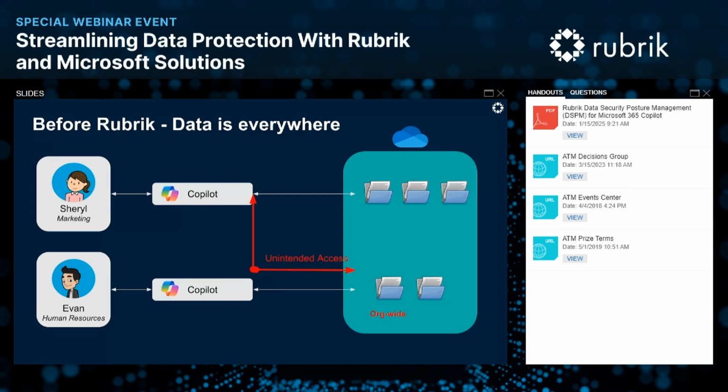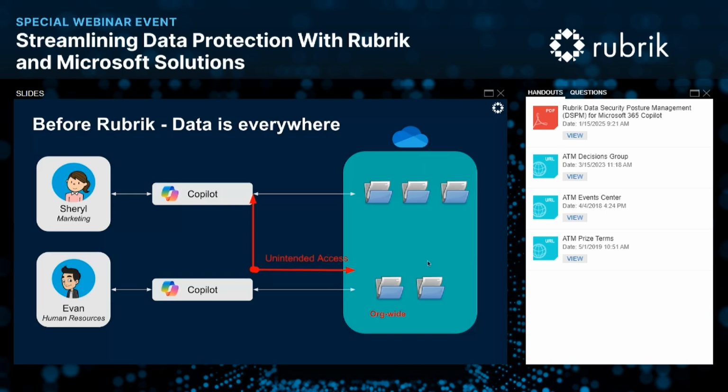Now, the problem that we're seeing with Copilot is if you allow Copilot to run on all your organizational data, it will retrieve answers based off of that data, meaning that potentially Cheryl from marketing could be accessing, through Copilot,